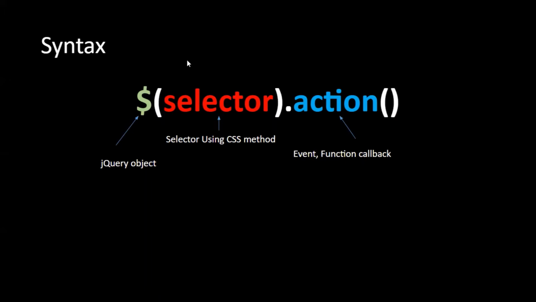So always remember that the syntax of jQuery starts with a $ sign, followed by our selector, whether it is an ID, a class, or a div, and then it is followed by an action or its function. What you would like your syntax to do, that is what you put in our action, function, or